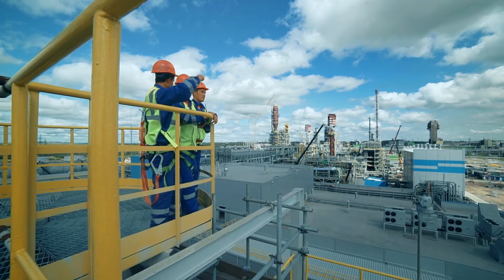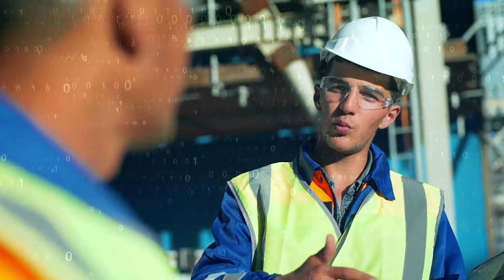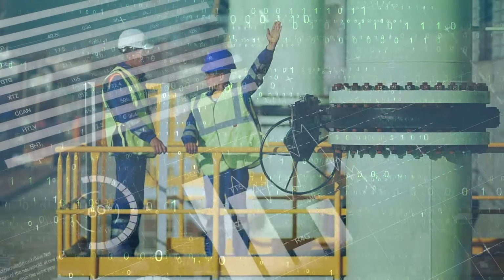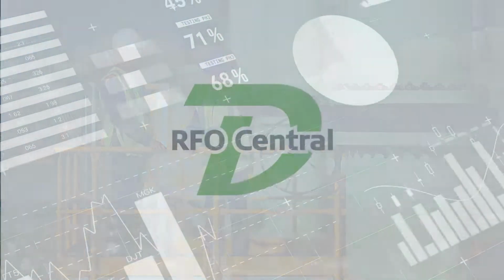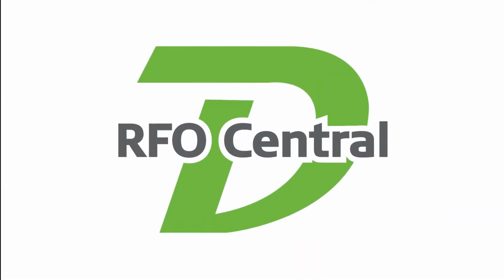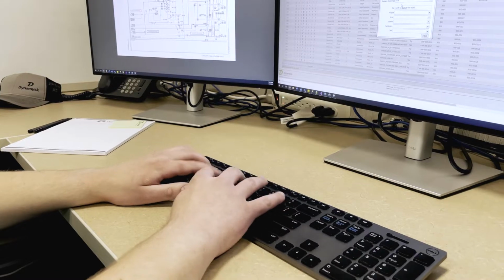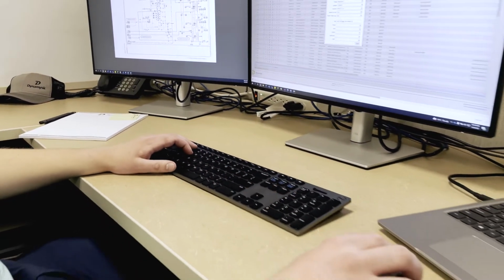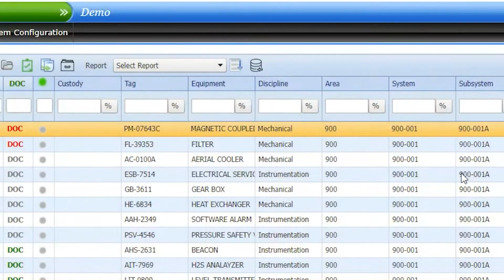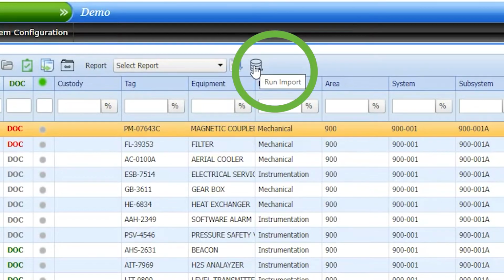When you're planning a project, the ability to quickly and easily migrate your asset data from one system to another is a huge time saver. RFO Central, Dynamysk's powerful cloud-based completion software, has always had this feature, but it was only accessible through our support team. We are pleased to announce that RFO Central now also includes the ability for you to easily import your